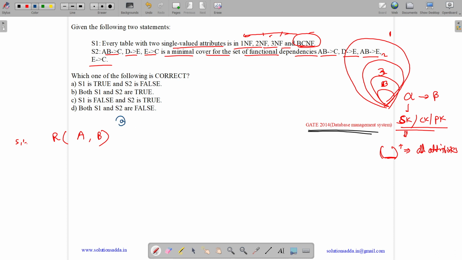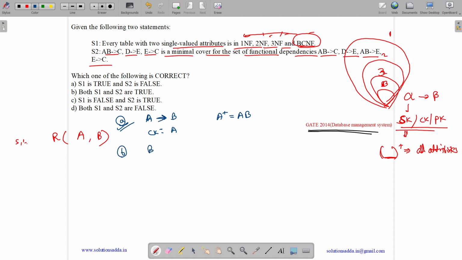Case 1 is we can have A determines B. If A can determine B, then what is A closure? A closure has B. So this means A is our candidate key. What is our candidate key? It is A. Now what is our functional dependency? A determines B. Here the left hand side, which is A, is a candidate key. Thus it is in BCNF. So this part is in BCNF.